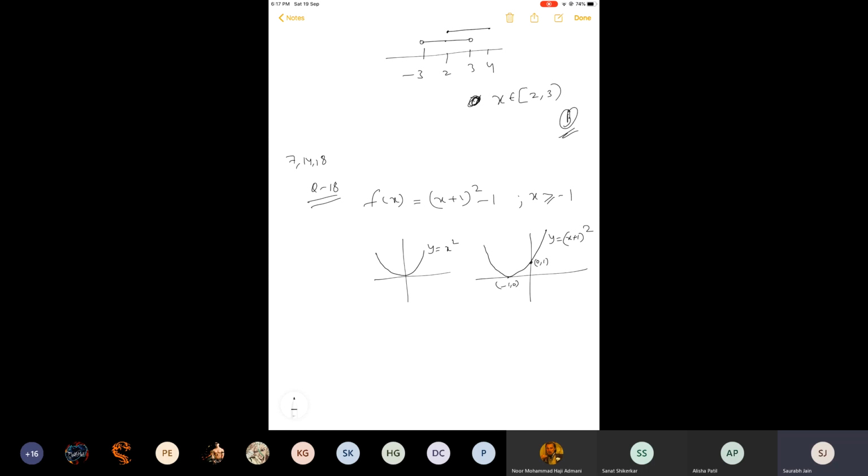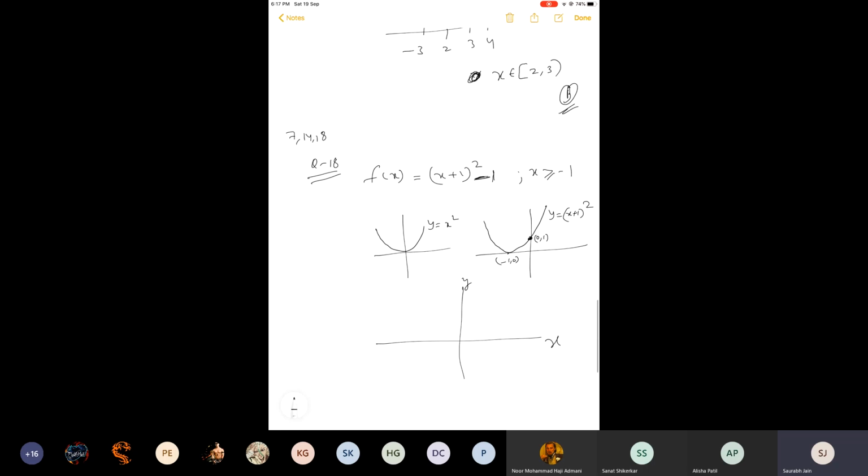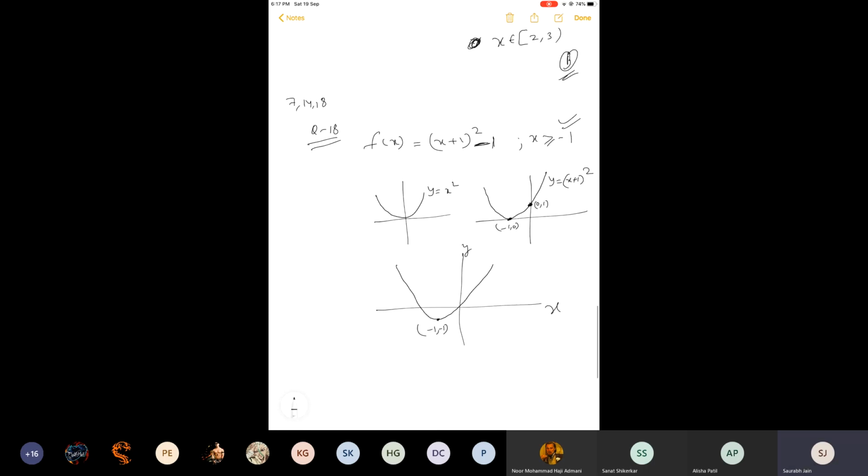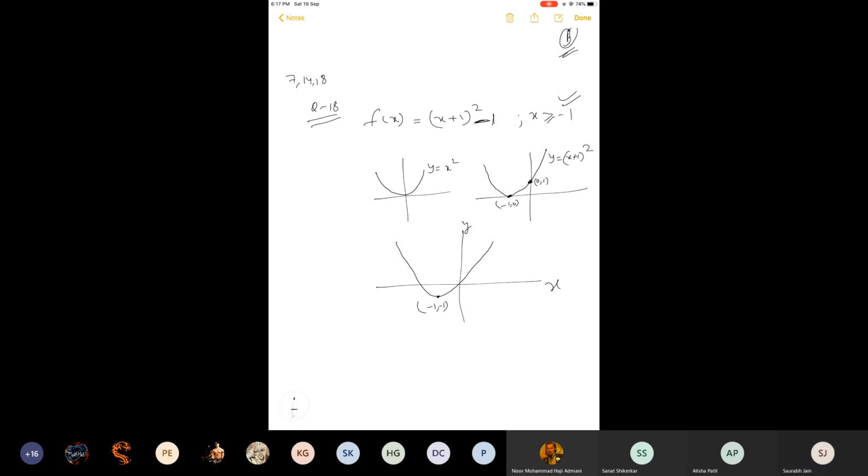Now finally we have to draw the graph of f(x). So now we will shift this graph 1 unit to the bottom. Since it was passing through (0, 1), now minus 1 is there outside, so it will pass through (0, 0). Graph will be something like this. And this point will also be shifted by 1 unit, that is (-1, -1). But actually we have to draw the graph only to the right of x equal to minus 1. So the final graph of this question will start from the vertex only. It will be this. Clearly it will be a one-one function.